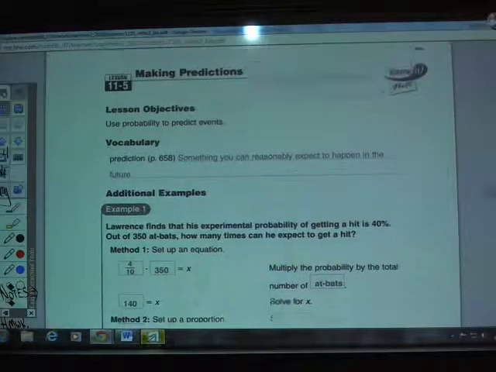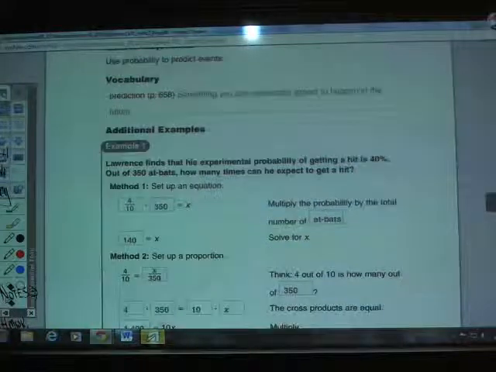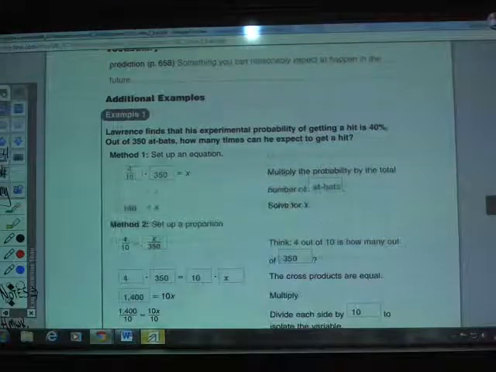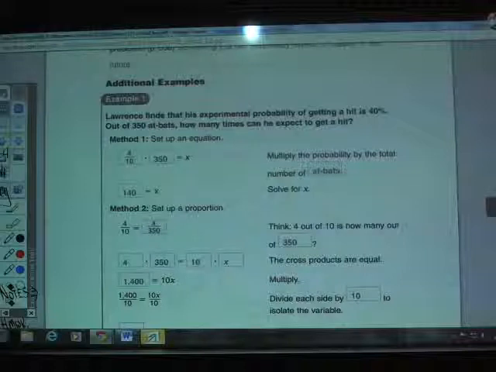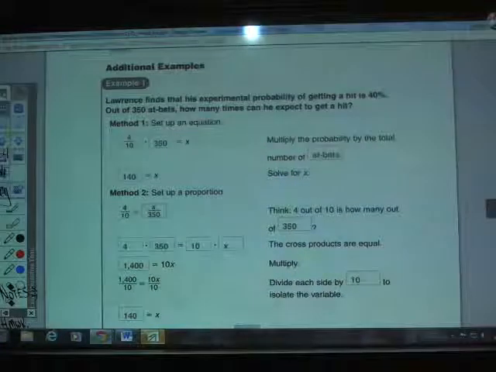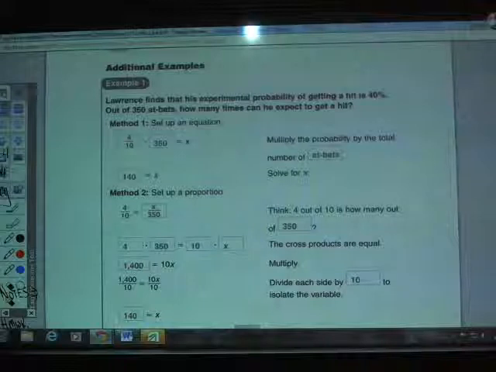In the first method, they've decided to set up an equation to solve. What we know is that he's making the hit 40% of, and that's an operative word, 40% of the time. Well, we know that of implies multiplication. So if he's hitting it 40% of the time, and the number of times is 350 based on the question, we're going to multiply together 40% and 350,